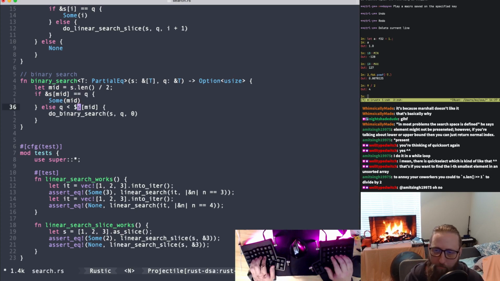Right. Okay. I'm probably not doing this in a smart way yet, but that's okay. If Q is greater than S mid. No, if Q is less than S mid, then I think we can do this. 0 dot dot mid. I forgot the if there. Else if Q is greater than S mid,